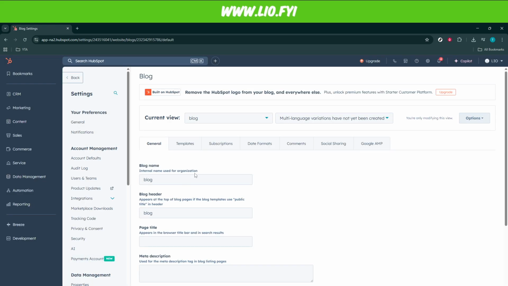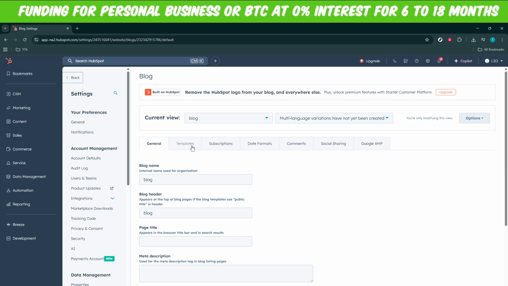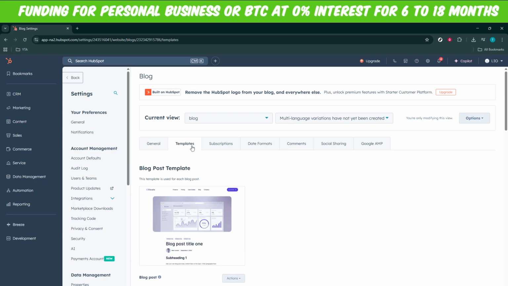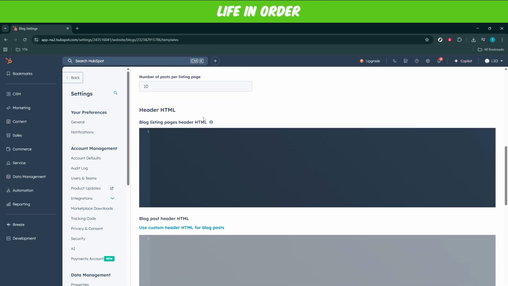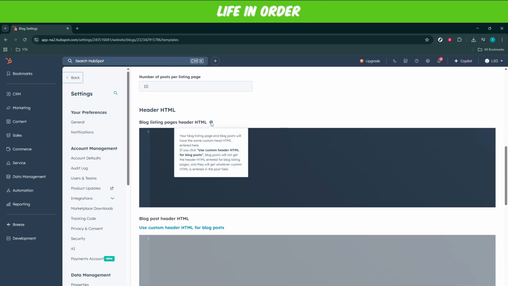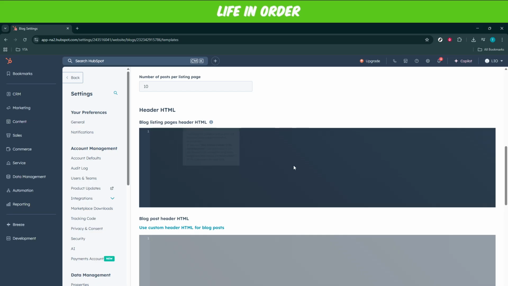Templates are crucial as they determine how your blog appears to your audience. Click on the Templates option, and this will take you to the area where you can actually edit the HTML of your blog. Once you're in the Templates section, you'll see a list of editable parts of your blog's HTML. Start by clicking on the header HTML. This section typically contains code related to the top portion of your blog, including any navigation menus or branding you